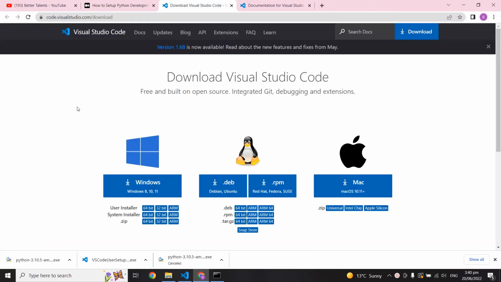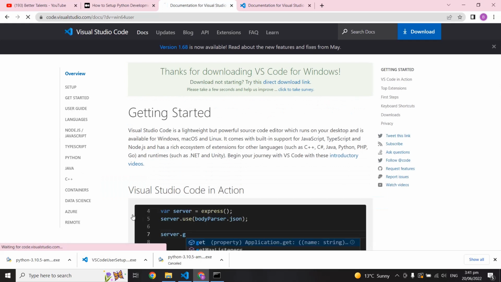If you click on this link, you're going to see the Visual Studio Code installers for Windows, Ubuntu, Red Hat, and Mac, all are available. You can click on the installer, or if you need a zip file. My preference is always the installer because it's very simple. You need to click and it will set the path for you, but with the zip you may have to do it yourself. So I will click on the 64-bit user installer, and you will see it start the download, but